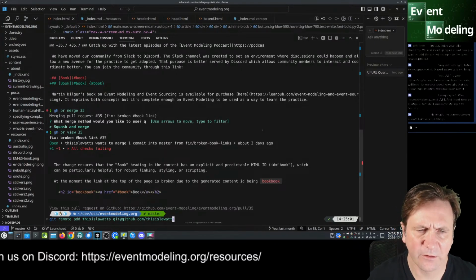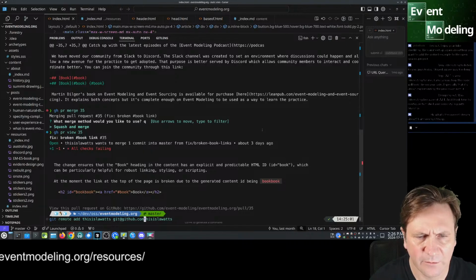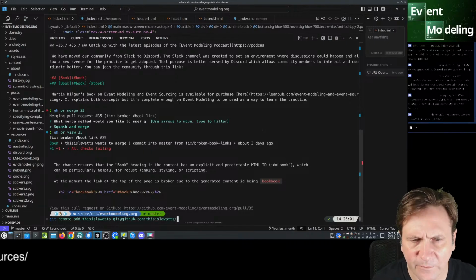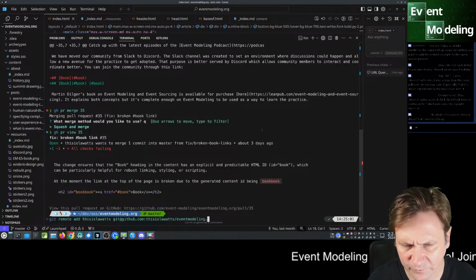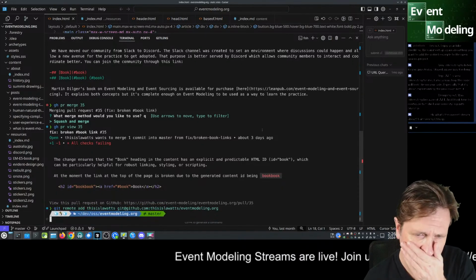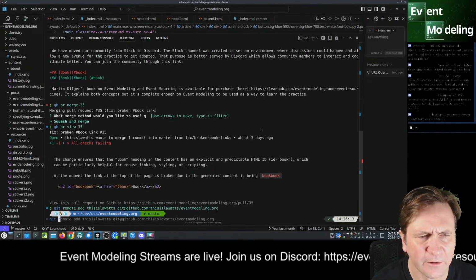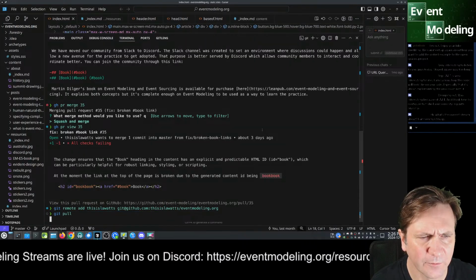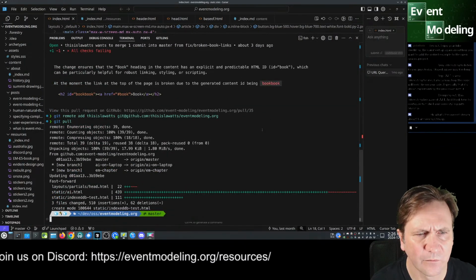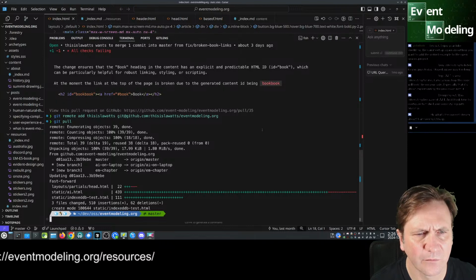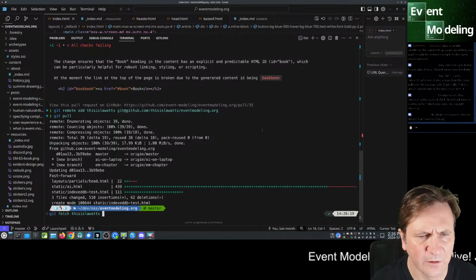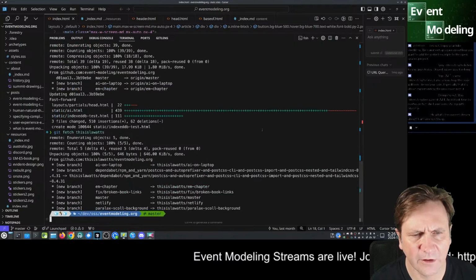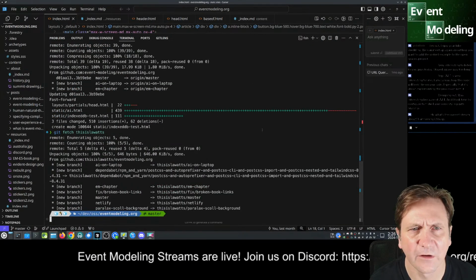And I think that's a colon in this protocol, and then we do /eventmodeling.org. And then git pull. Okay, that's not it. Git pull or fetch, and I think so that's gonna work, right? So that should have fix broken book links. I think that's what it was.